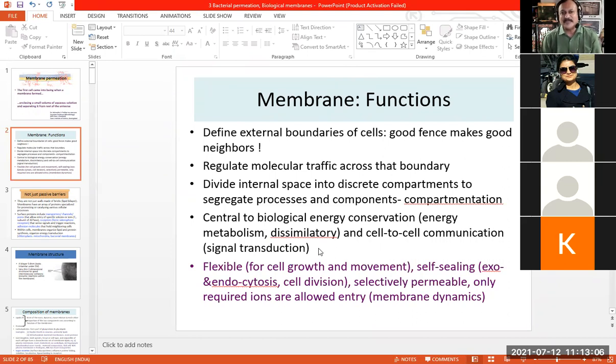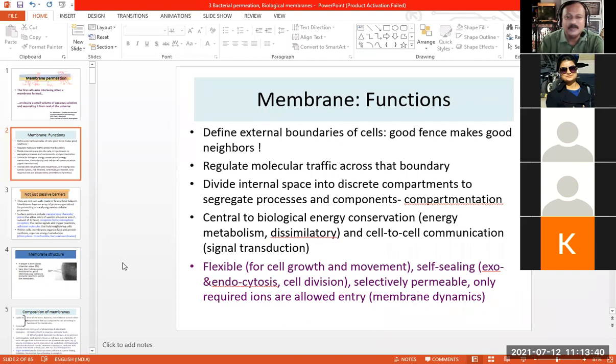Although they are single-celled organisms, the different cells are actually communicating with each other. Maybe they are signaling each other about a favorable condition in a particular location, or about unfavorable environmental factors, and therefore they would like to either go away from that place by chemotaxis, or go to a particular place by motility. That is all depending upon the intercellular communication or cell to cell communication.